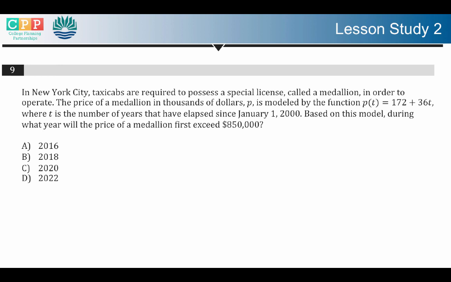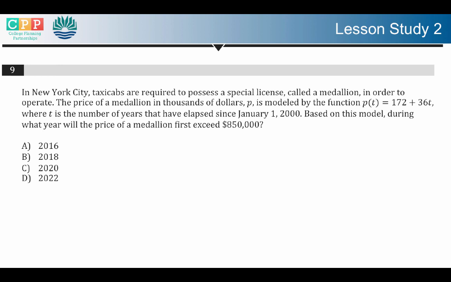For our next problem, we are still talking about taxi cabs, but now they need to possess a special license called a medallion in order to operate. The price of a medallion is in thousands of dollars, P, and is modeled by the function P of T. The price is a function of time, where P equals 172 plus 36T, where T is the number of years that have elapsed since January 1st, 2000. Based on this model, during what year will the price of the medallion exceed